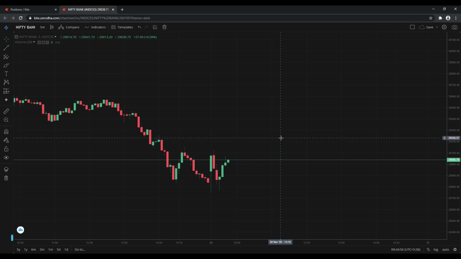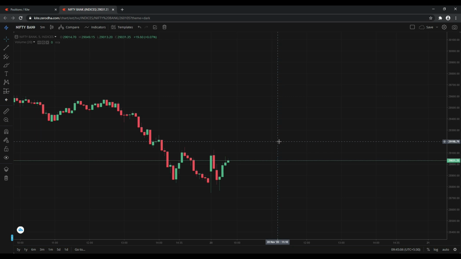This is just a day after the expiry. This is the first day of your next expiry. It is a Friday, so what will happen? Basically, the premiums will not get eaten up much as the days progress. Only the premium will be decreasing in the options. That's the main concept of options. So it's not like futures or selling something.